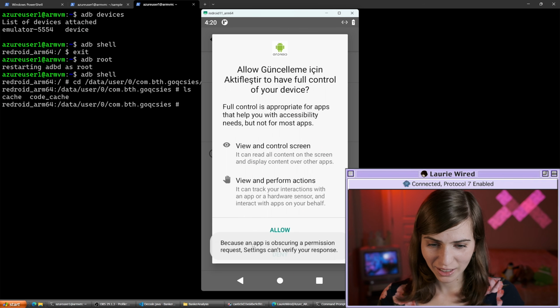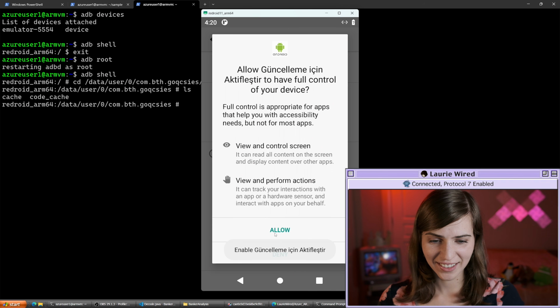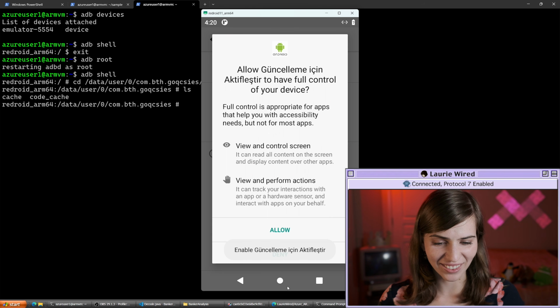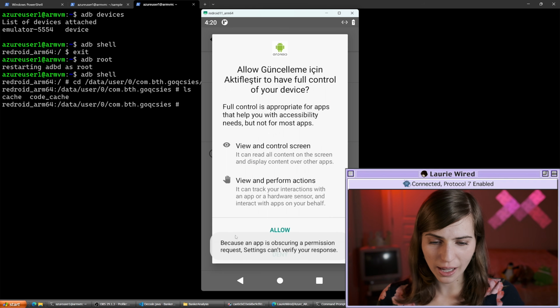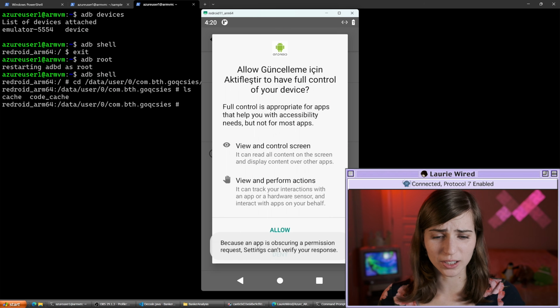Wait, because an app is obscuring a permission request. Come on, allow. Okay, let me see if I can get this to work. So I think what's happening is because the application has this little toast response that is saying allow accessibility settings,